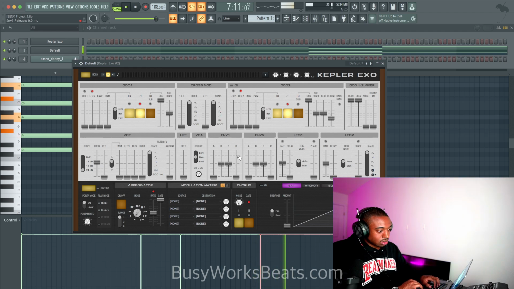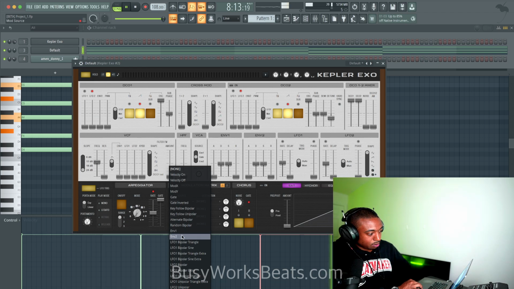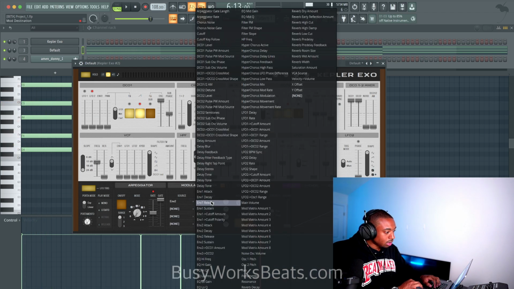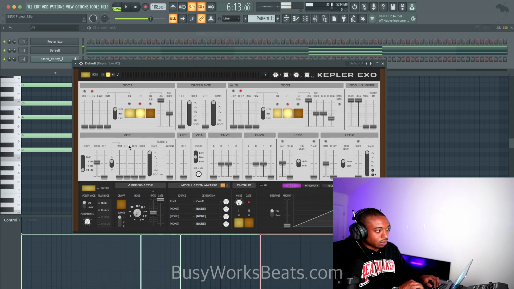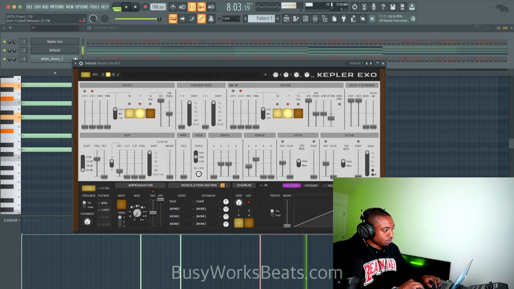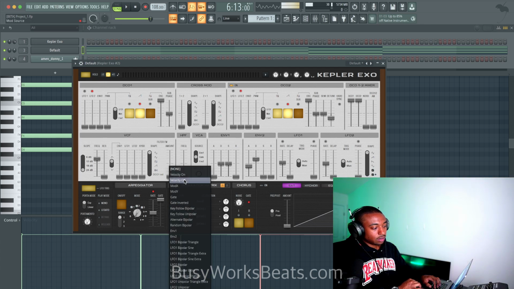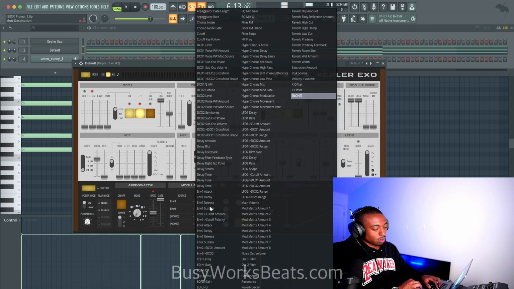So this time, let's use some filter modulation like we did before. Let's do envelope 2 this time, controlling the cutoff frequency. And then let's give it an attack, a decay curvature. This creates a brass sound because it opens up and then closes. Now, we have to give it an amount. There we go. Now, oscillator 2, I want the envelope 2 to also control the amplitude of the second oscillator.